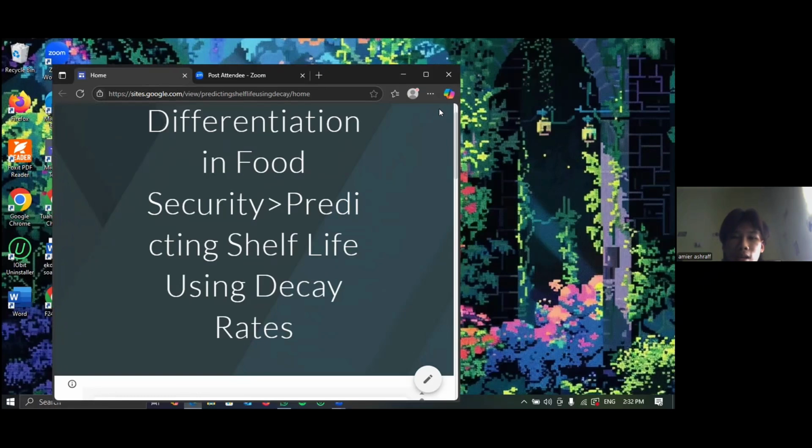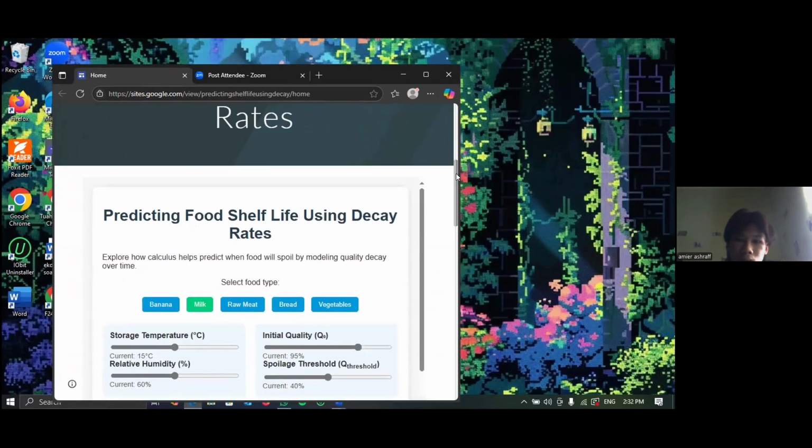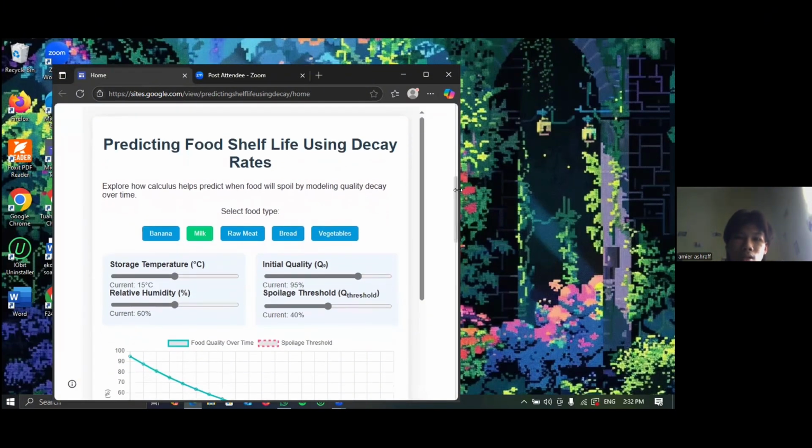Thank you. The website that I made is about predicting food shelf life using decay rates, and it stands out as a unique and engaging educational tool for several key reasons. Number one is the real world application of calculus. As you can all see,